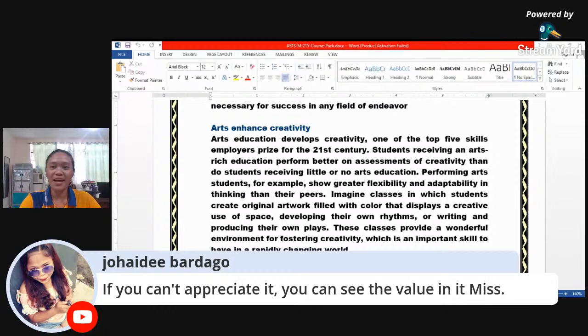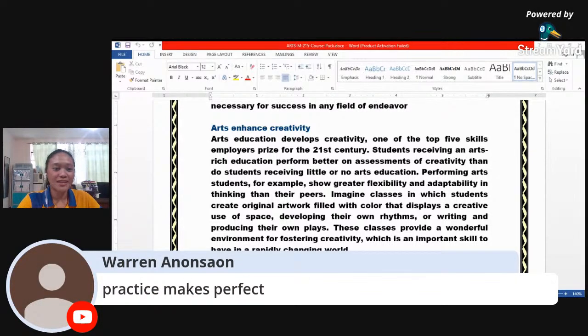Correct, Warren. Practice makes perfect. Okay. If you have seen the TED Talk video that I have sent you, ang giingon adtong guy, I forgot the name of the speaker, katong laki, iniana siya, for you to help your students improve their creativity, you